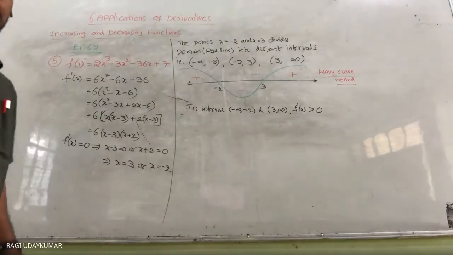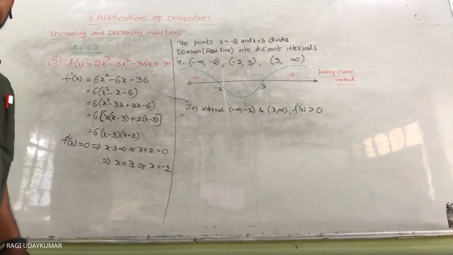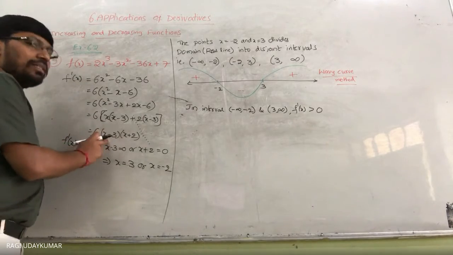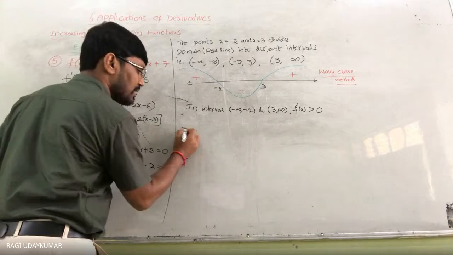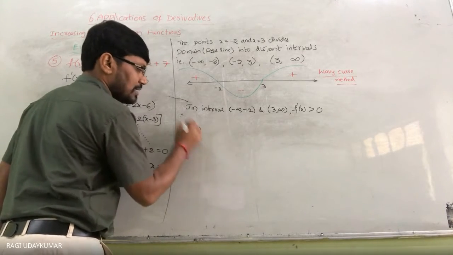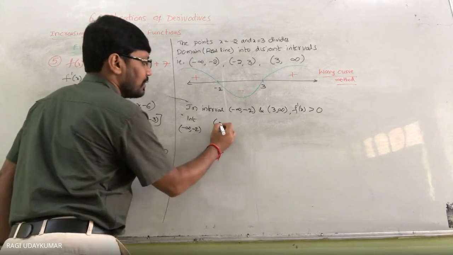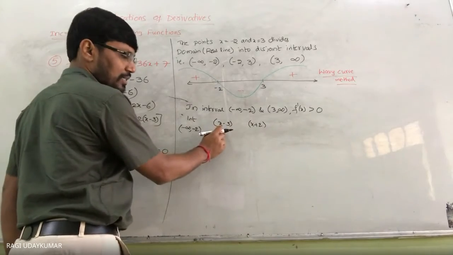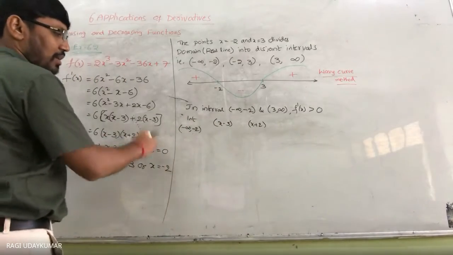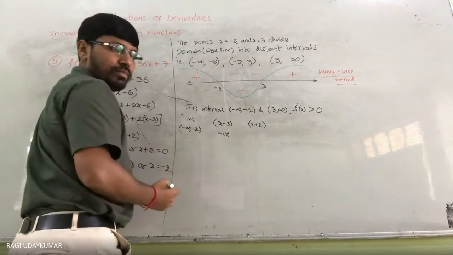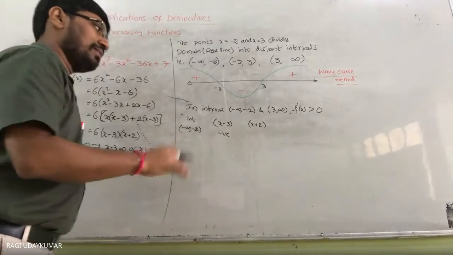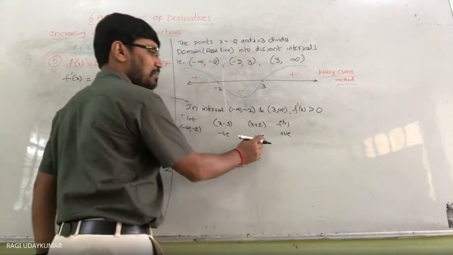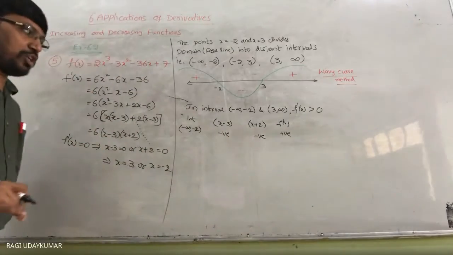Normally, how to do it here? There are 3 distinct intervals, right? In these 3 intervals, you have to decide how the sign will be. In your textbook, normally, whenever you see minus infinity to minus 2, this is the interval given to you. Here the x minus 3 value, here the x plus 2 value. In this interval, the value x minus 3, it is negative. And x plus 2, if you are taking minus 3, this is negative. Both are negative. So therefore, f dash x is positive. Negative multiplied by negative is positive. Like this it is given to you in the textbook.